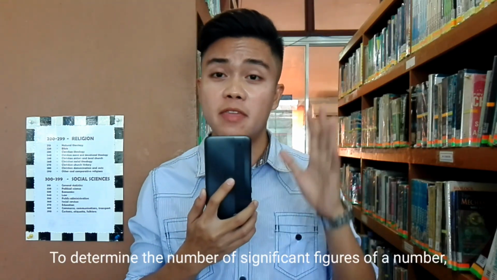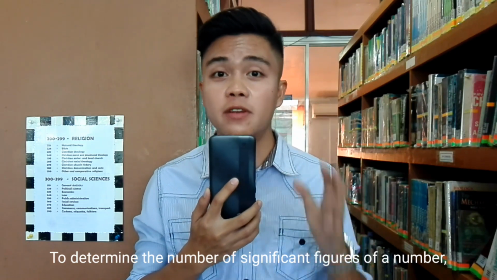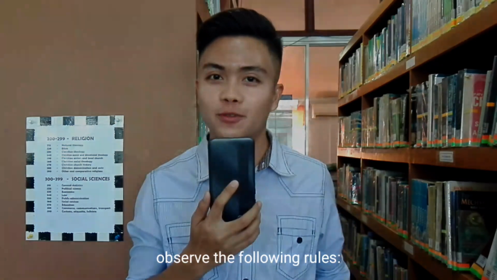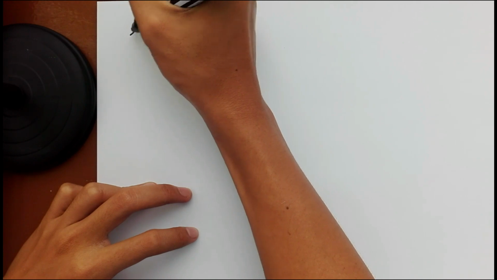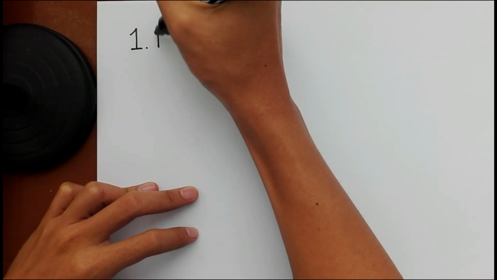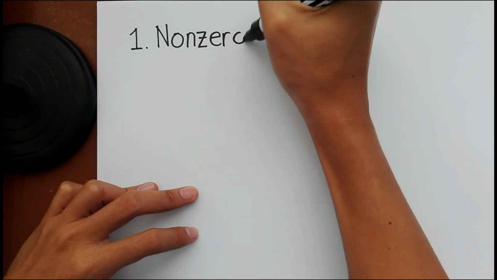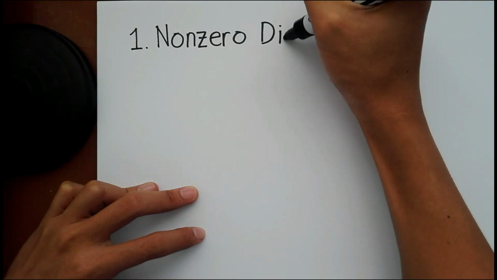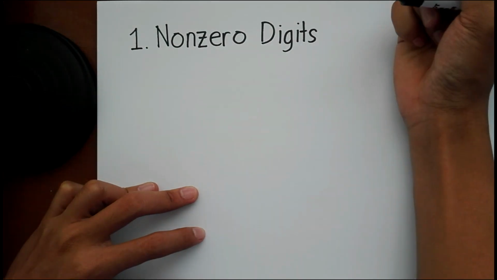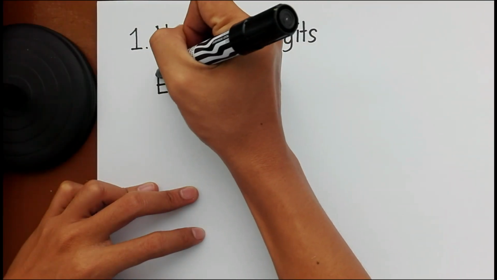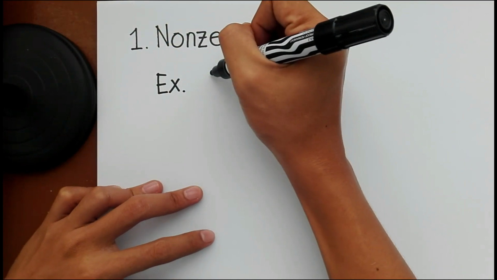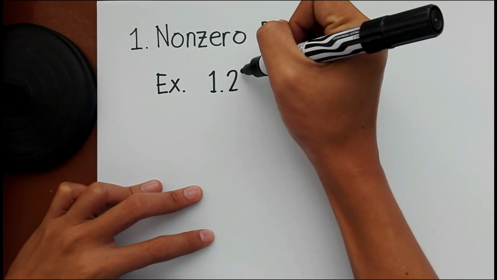To determine the number of significant figures of a number, observe the following rules. Here are the rules on how to identify the number of significant figures in a given digit. Let's begin with non-zero digits. Non-zero digits are technically those numbers or digits that are not zero. All non-zero digits are always significant. Like for an example,